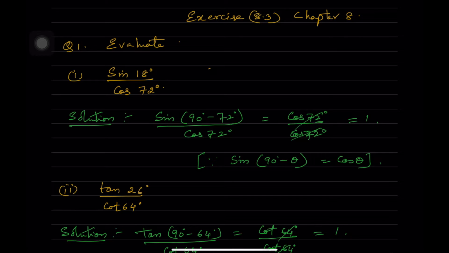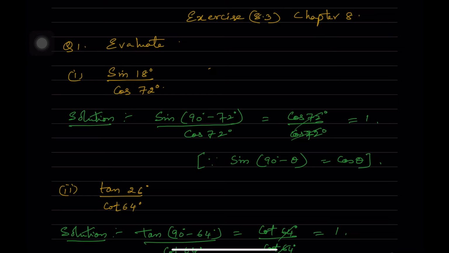We have seen in the first video of mine how we wrote the trigonometric ratios of 90 minus A in terms of A, that is sine 90 minus A, cos 90 minus A, tan 90 minus A, cot 90 minus A, secant 90 minus A, cosecant 90 minus A. How did we find out all those values? I have told you. So now I'll just write down here also how we got that.